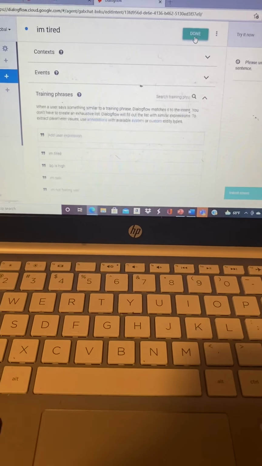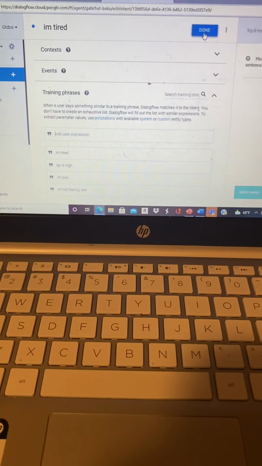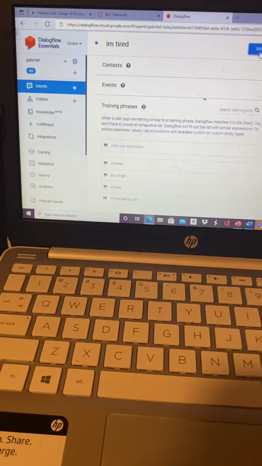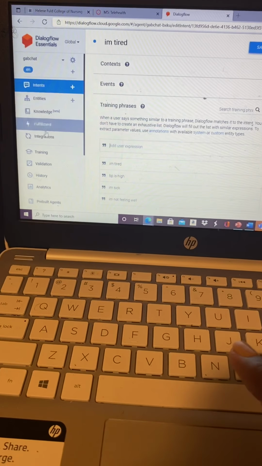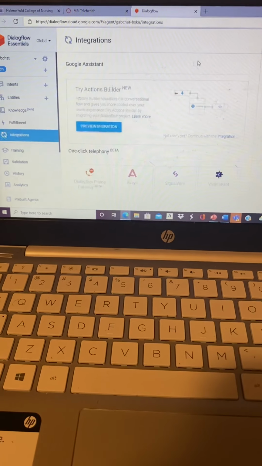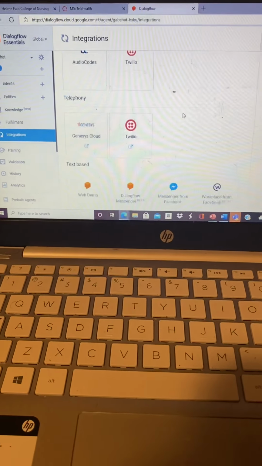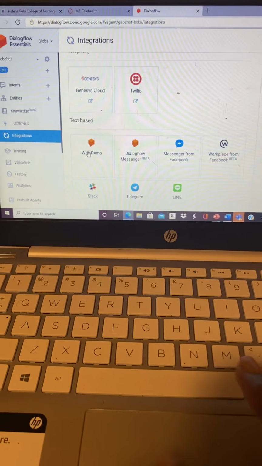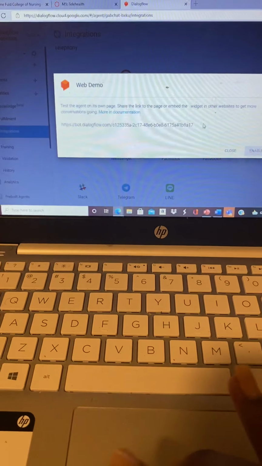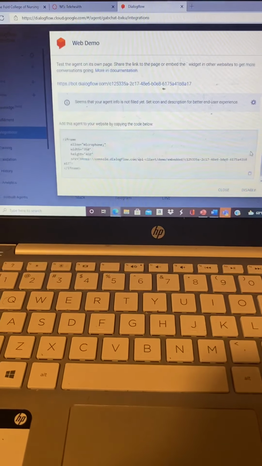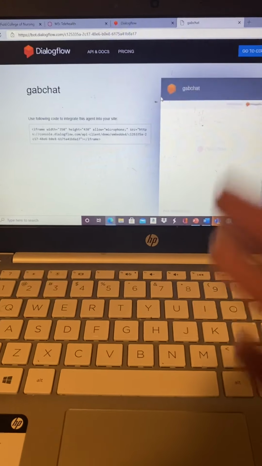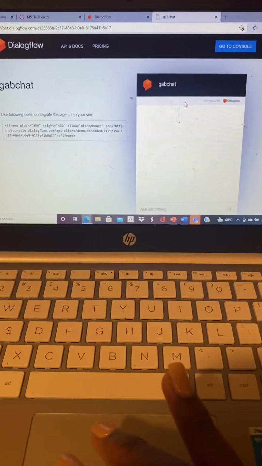Now the next thing is very crucial, because this is how you'll be able to check to see if your chat box is actually working. So you're going to go on your left hand side again, you're going to go to integrations, navigate away, yes. You're going to scroll down here, you're going to go to web demo. You click on web demo, enable. You're going to click on this link right here, and this is the chat bot that I have started